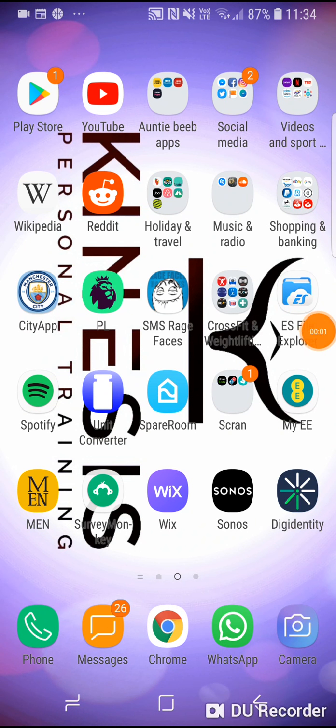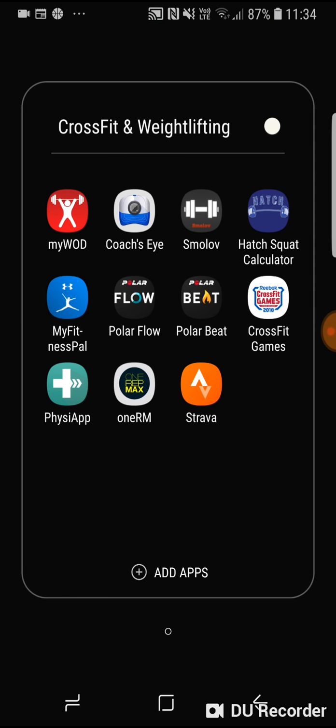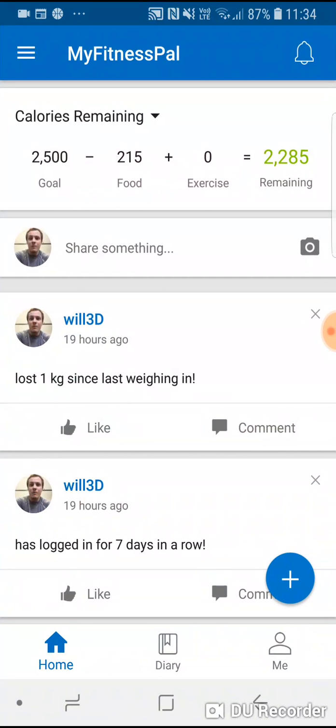Okay, hello folks. This is just a quick tutorial of how to use MyFitnessPal. Really simple app for tracking your nutrition and your weight. So download it from the Play Store or the App Store. Go and log in, make an account, and basically you'll be presented with this screen after you've set your weight